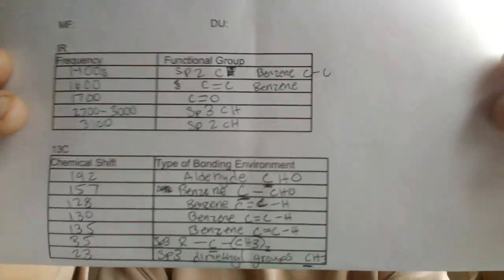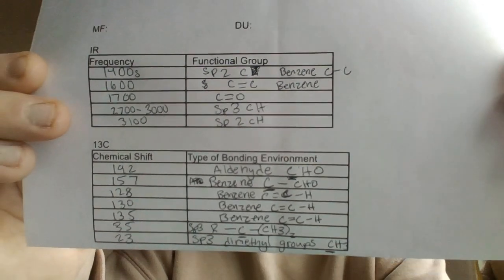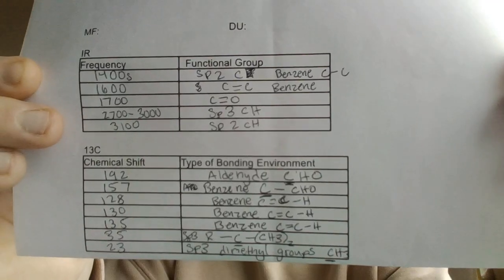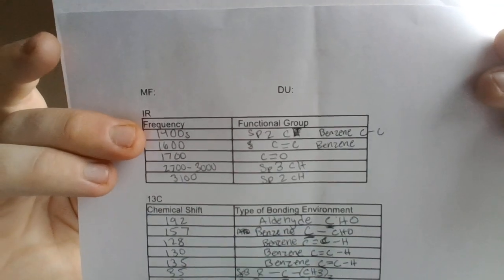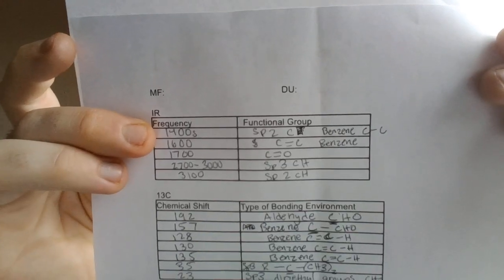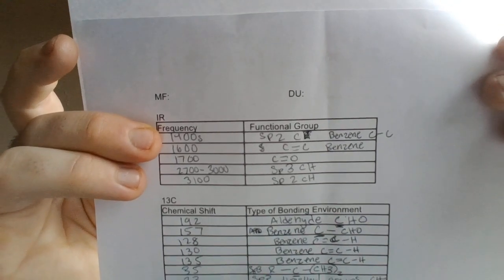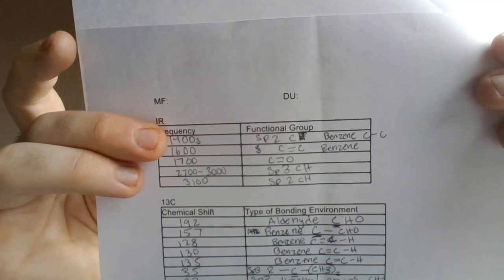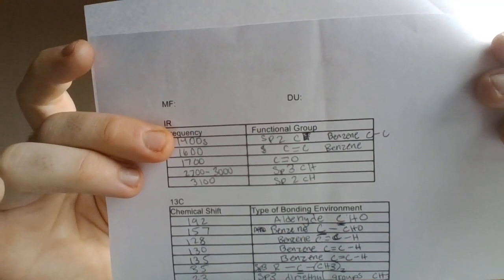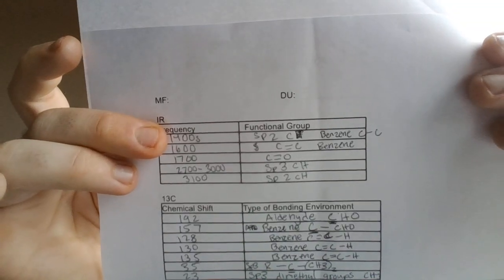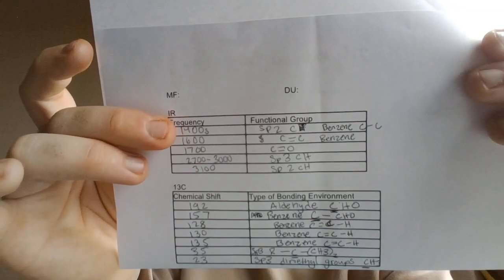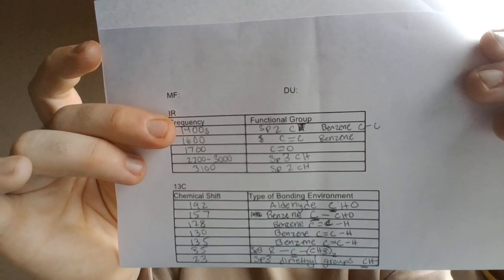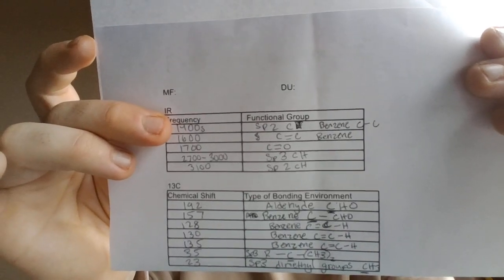All right, the final sheet for the assignment is the charts that I filled out while looking at the graphs. Starting from the IR spectra, we'll start all the way downfield with the benzene ring. We have all the carbon-carbon single bonds, sp2 carbons within the benzene ring. Those technically show up further downfield, but the way that they show up on the spectra is